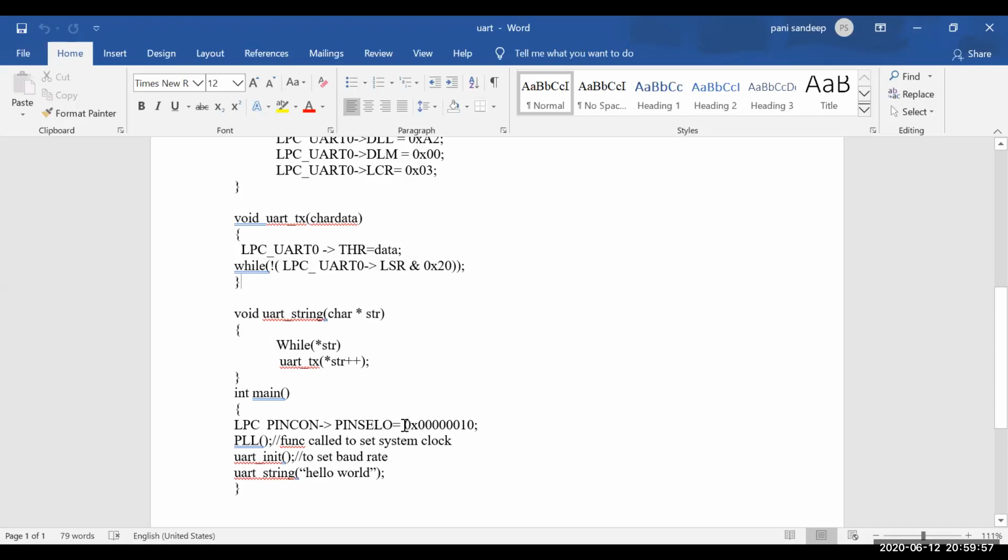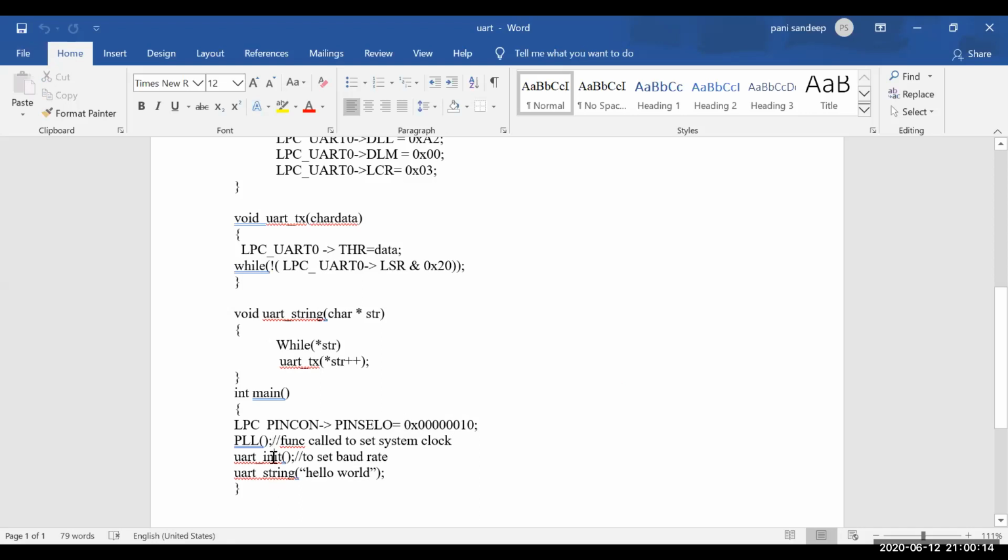And again, pin select: P0.2 and P0.3 can be used for UART operation. So pin select 0 with respect to port 0, and I am calling this PLL function in order to downsize the clock frequency.